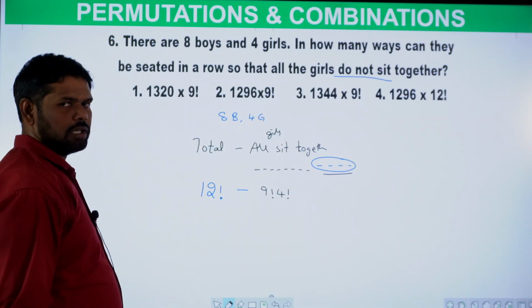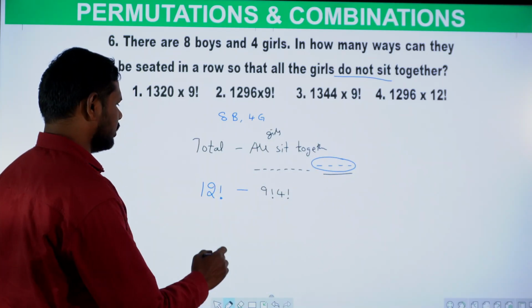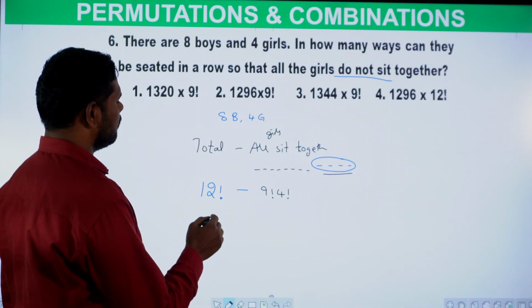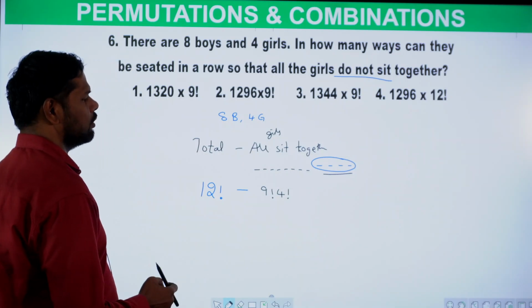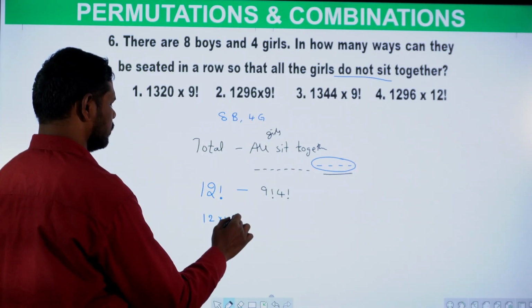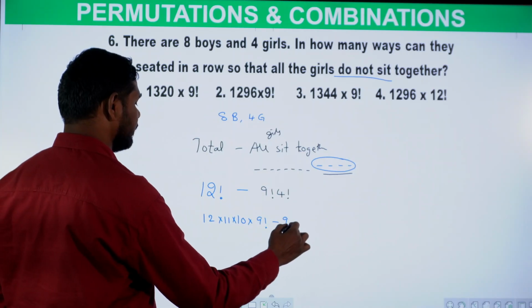themselves in 4 factorial. Maybe those can be rearranged again among themselves. That's why 4 factorial. Now, right, simplify this: 12 factorial minus 9 factorial into 4 factorial. So, simplification: 12 into 11 into 10 into, I am writing, 9 factorial. Why? Means